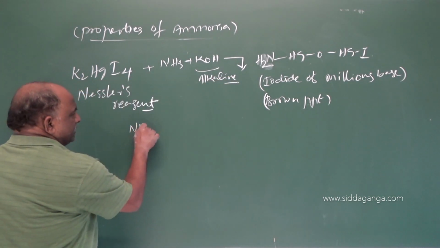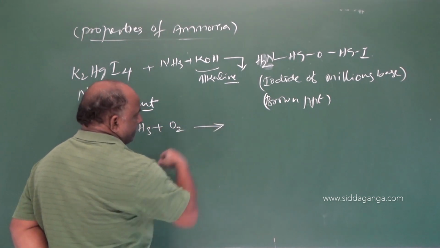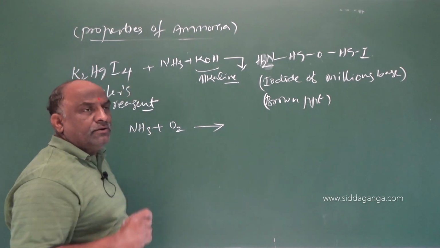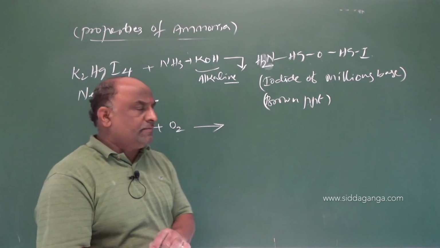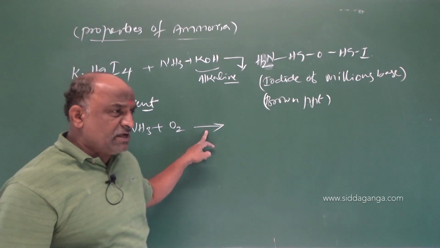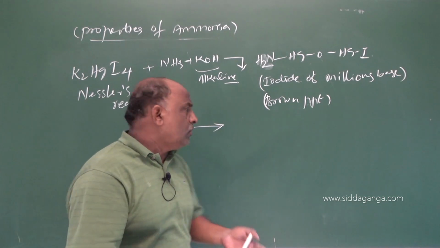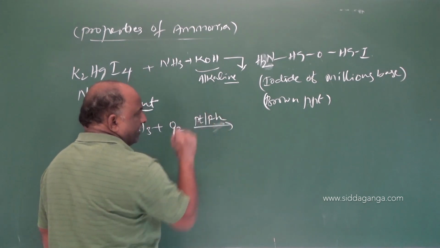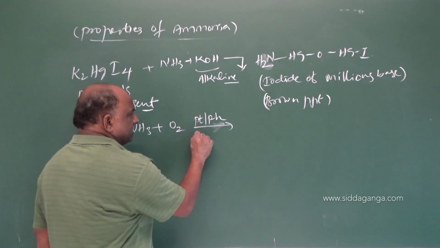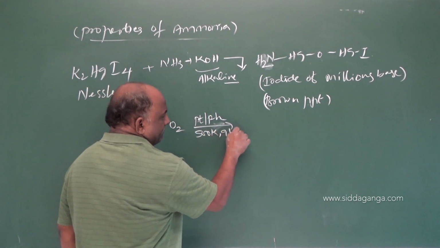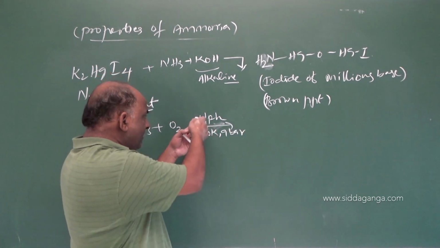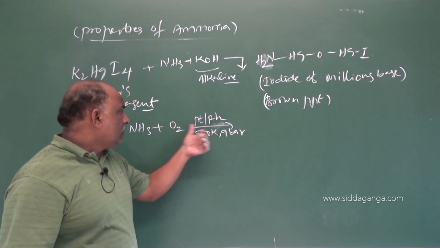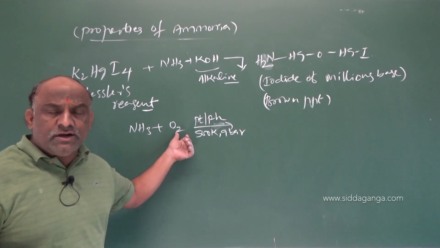Suppose oxidation of ammonia. See here, two types of oxidation reactions are there: oxidation and controlled oxidation. Controlled means the reaction takes place in the presence of a platinum or rhodium catalyst, with a required temperature of 500 Kelvin and 9 bar pressure. This reaction takes place in the presence of a catalyst, so the total ammonia is not involved in combustion. It is also called combustion.